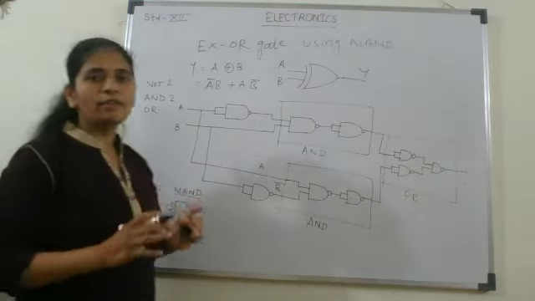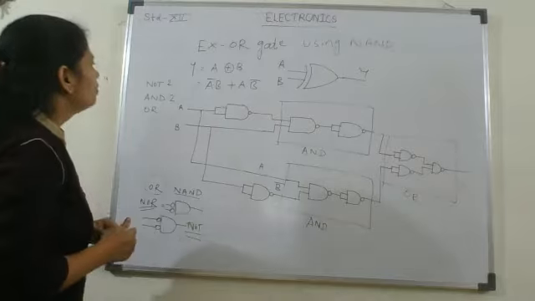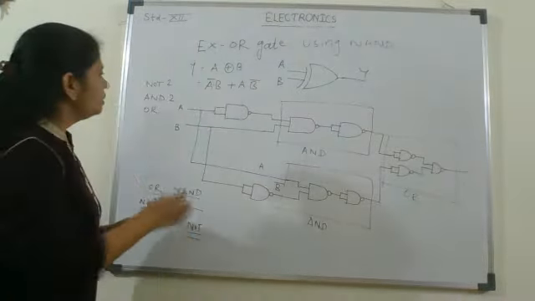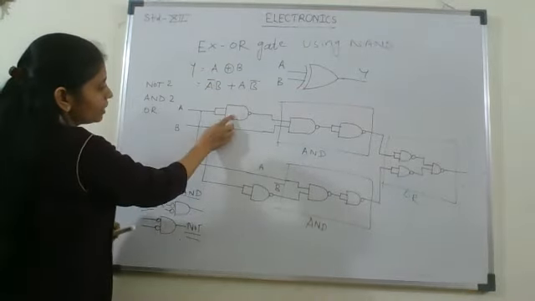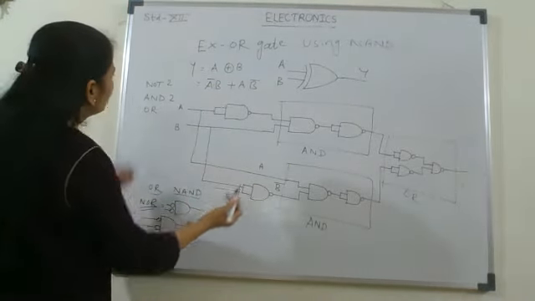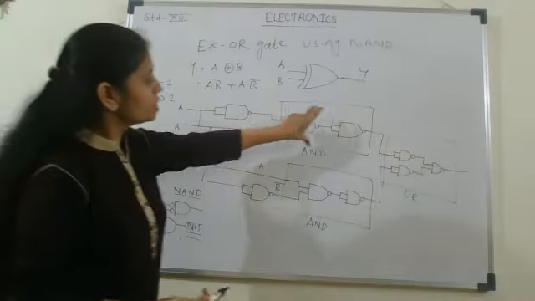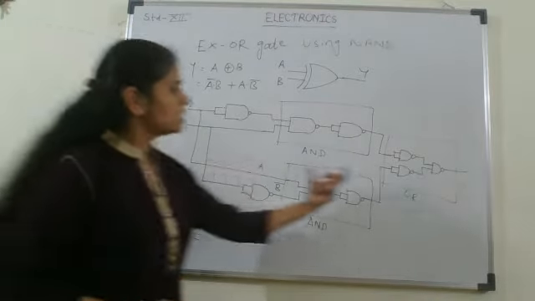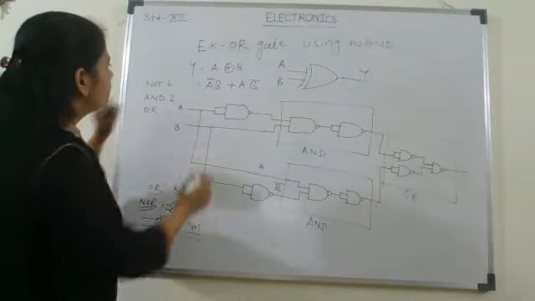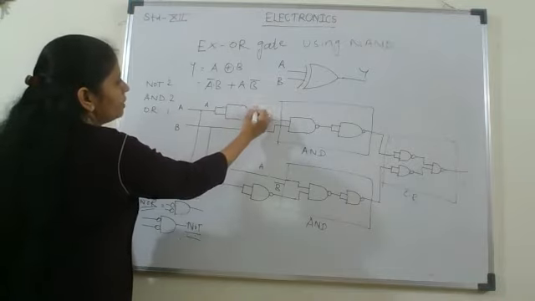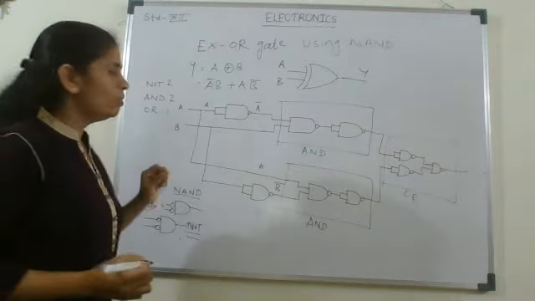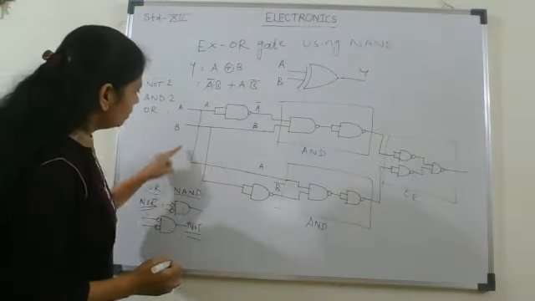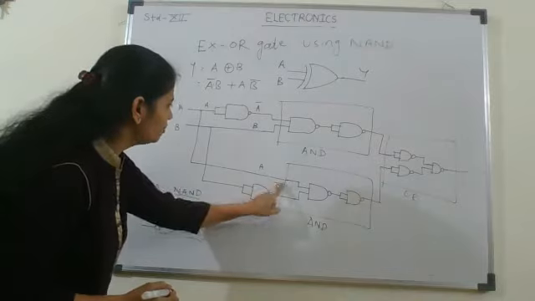This diagram is a little bit complicated because we have to derive the XOR gate using this NAND gate. So here this is the first NOT gate, this is the second NOT gate, then we want AND gate. So this is the first AND gate, this is the second AND gate, and we want one OR gate. So this is the OR gate. So here we got A, and here we will get A bar. Now this is the B. Okay, and here we got A, here we got B bar.